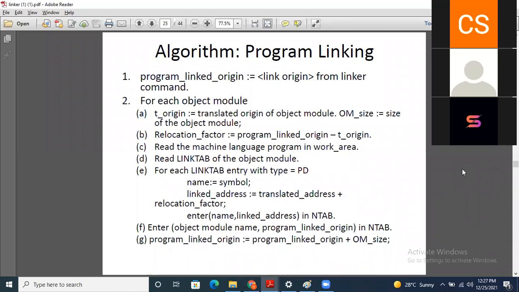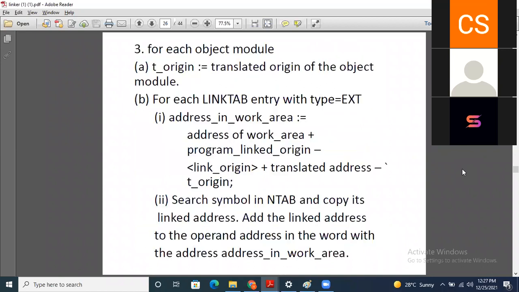And last, it will initialize program link origin with program link origin plus object module size. That is the last stage which is required.